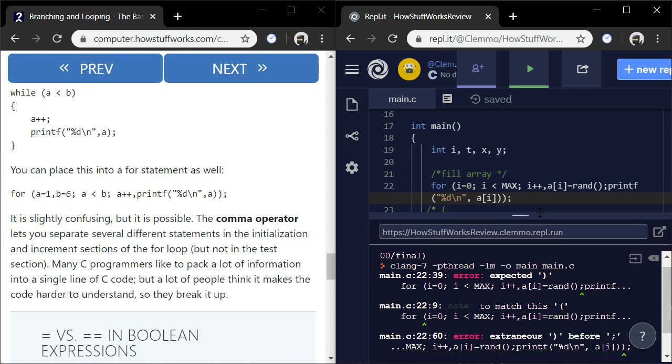On line 22, character 39. Because, why? Shouldn't expect another parenthesis because that's opening.